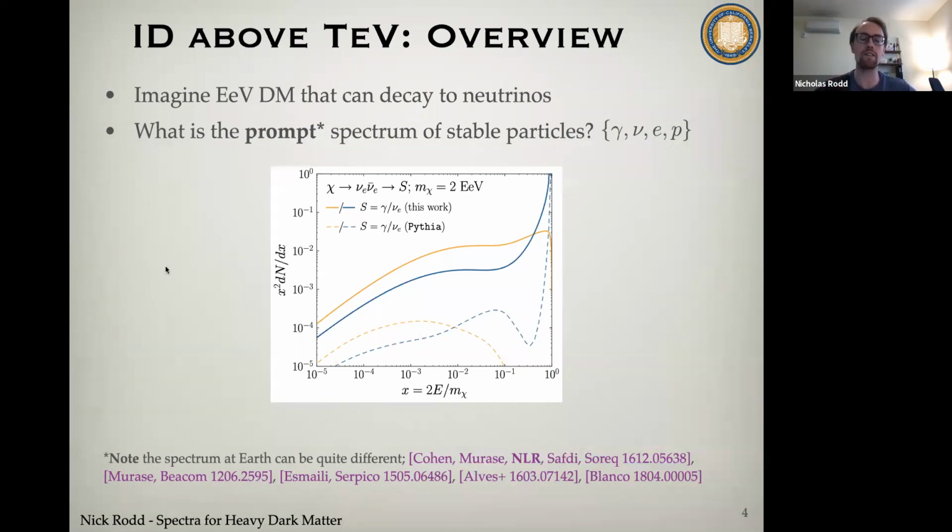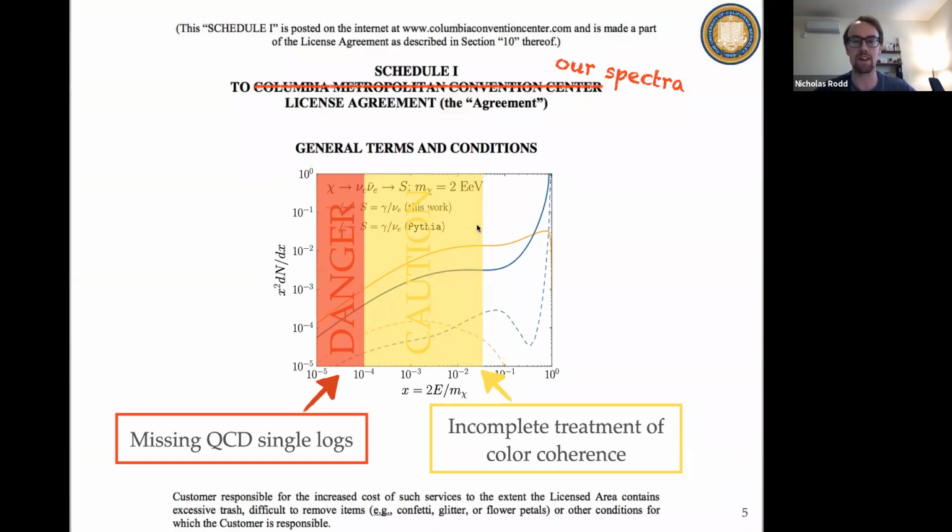That said, while I think that our results are a significant improvement, I want to advertise out of the gate that our results are not the final word here. So let me just give you some of the terms and conditions that come with our results if you use them. So we think that at high energy fractions, our results are quite accurate, maybe at the level of 5 to 10%. At intermediate energy fractions, there is an interesting effect that I'll describe called color coherence, which we know has a significant impact on the spectrum, and we only have, honestly, a pretty ad hoc treatment of it at the moment. This is something we'd like to do better, and this could lead to, potentially at intermediate results, maybe quite large errors, up to maybe a factor of 5 or so, that we would like to improve on.